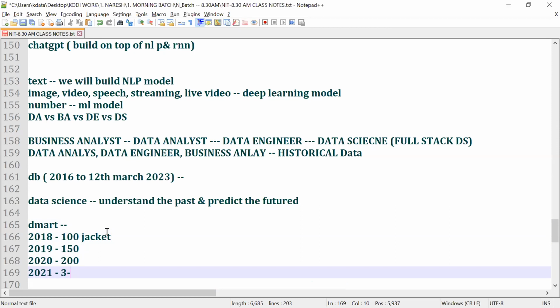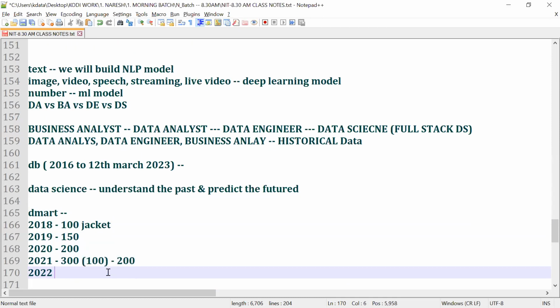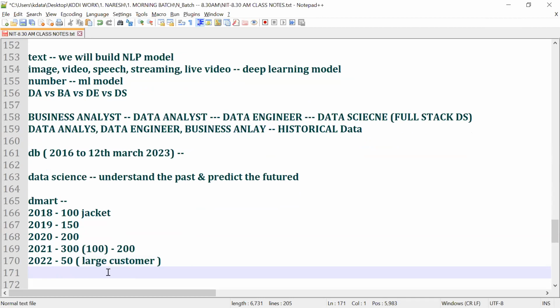In 2021, they ordered 300, but the company lost out, because only 100 jackets sold. So 200 is waste or not? Do you guys understand? And in 2022, again 50, but the capacity required was more. Large number of customer requirements, so fewer items. Do you guys understand? But now, if I ask you how to predict 2023, what do you do, guys?